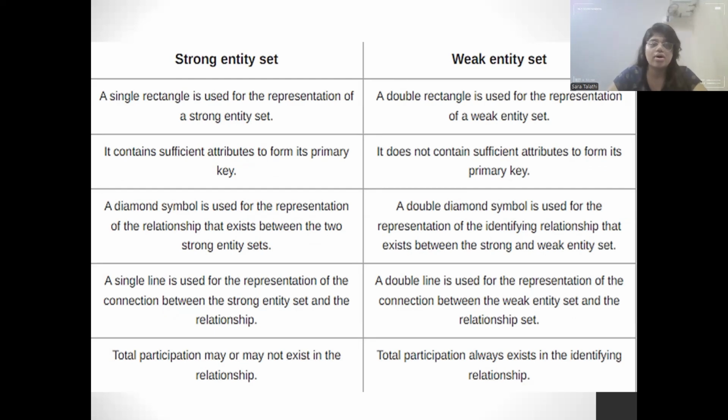As I said, a strong entity is in a single rectangle, which is used to represent a strong entity set, and a double rectangle is used to represent the weak entity set. A strong entity contains sufficient attributes to form its primary key, whereas a weak entity does not. A diamond symbol is used to represent a relationship that exists between two strong entity sets, whereas a double diamond symbol is used to represent an identifying relationship that exists between a strong and weak